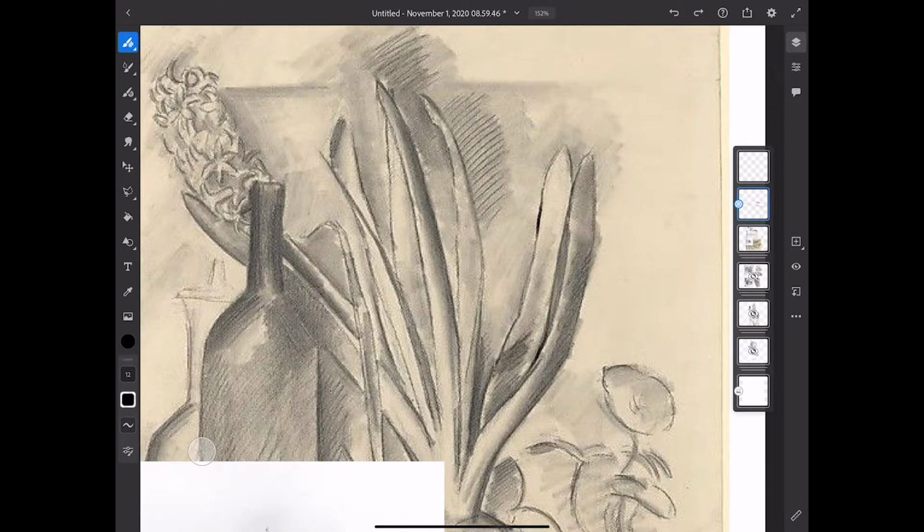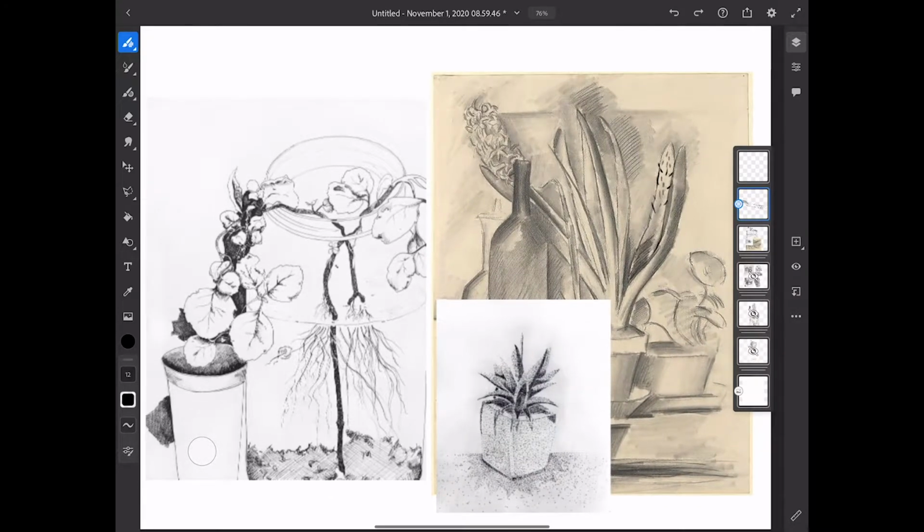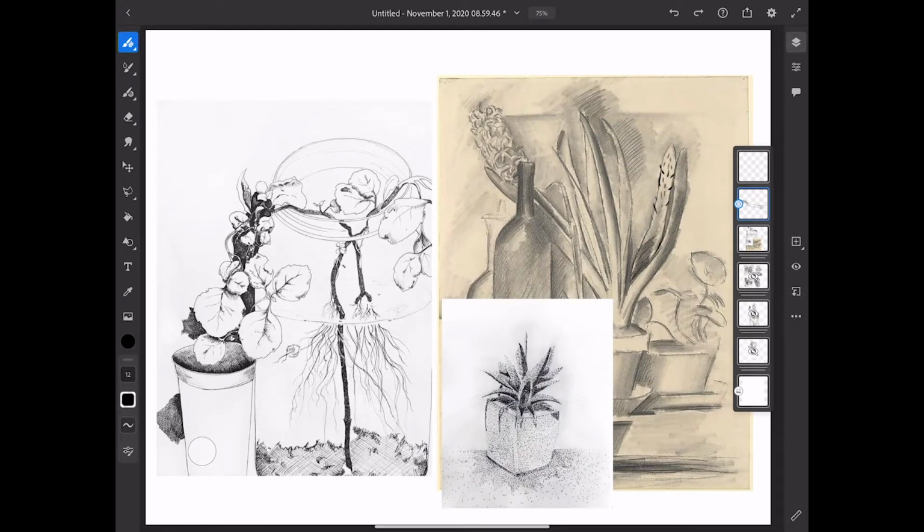And I go in and I add my textures. If you want to go in and add, let's say, a freckled surface or something on the leaves, you can do that. If you want to be imaginative, you could add hair. Or cactus pricks if you wanted, little prickles. So feel free to play around with it. It still needs to look like the food or plant that you drew, but you can start adding details in,